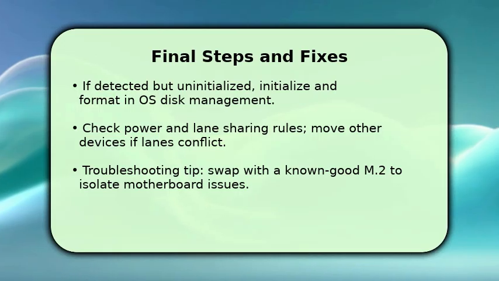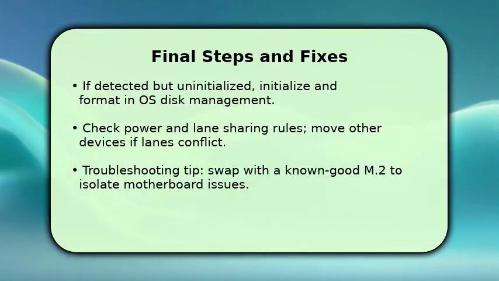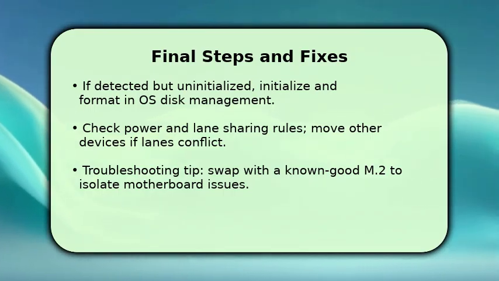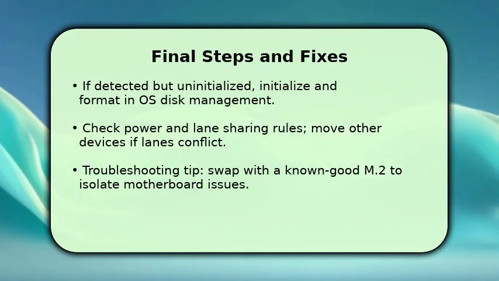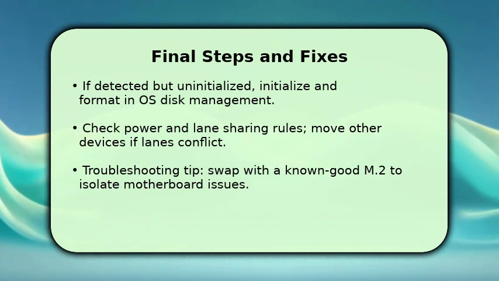Some M.2 slots disable SATA ports or reduce PCIe lanes when populated, so move other cards or drives if necessary. If problems persist, swap the suspect SSD with a known good M.2 to determine whether the motherboard or the drive is at fault. If swap testing fails, contact motherboard or drive support for